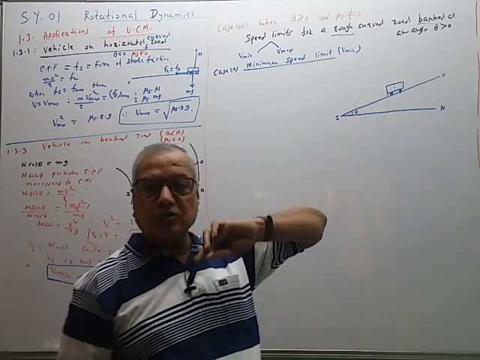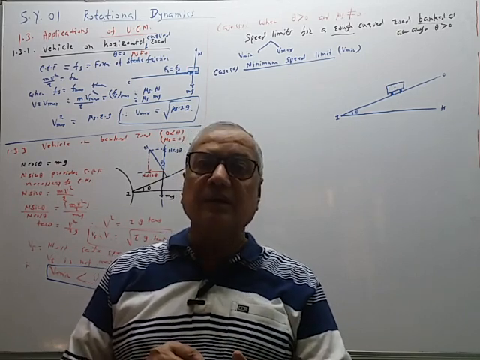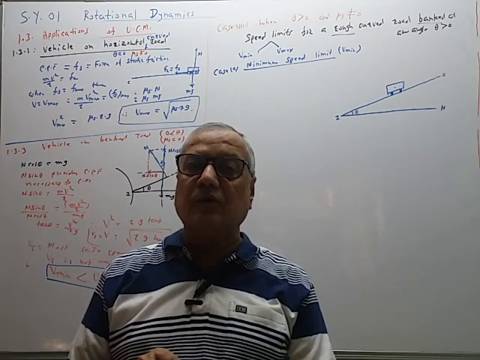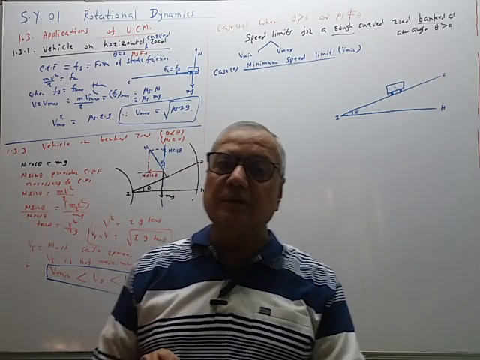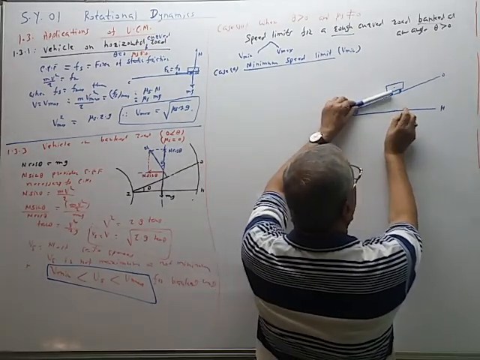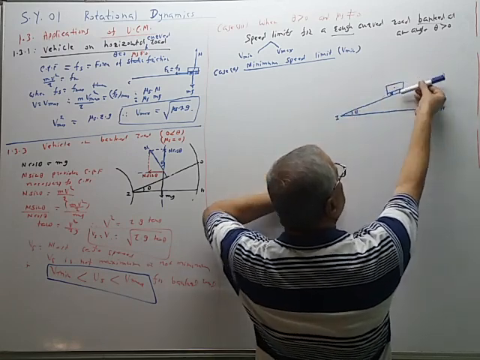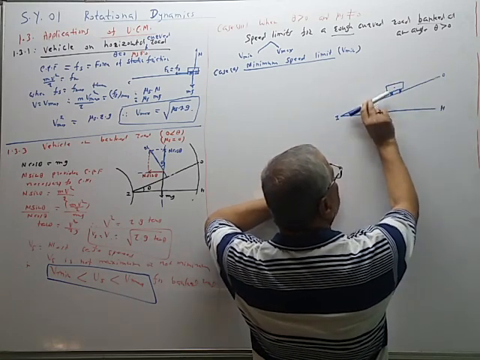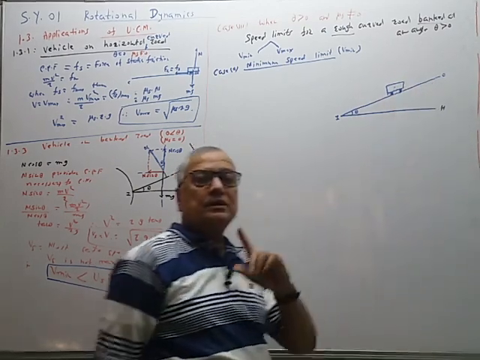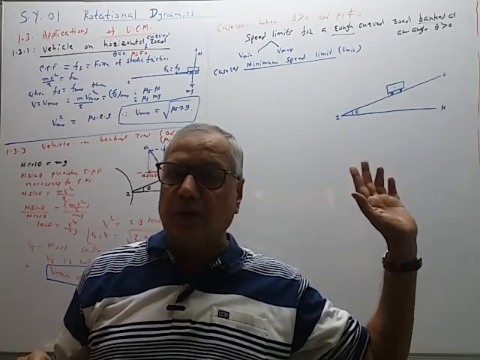We know the property of the force of friction in 11. This force of friction is an opposing force. The force of friction is a tangential force. It is always along the tangent to the surface in contact between the two bodies. So in this case, this force of friction will be either in this direction, downward, or it may be in this direction. So whether the force of friction is in this direction or in this direction, how it is decided, that is the main part. The remaining forces are as usual.